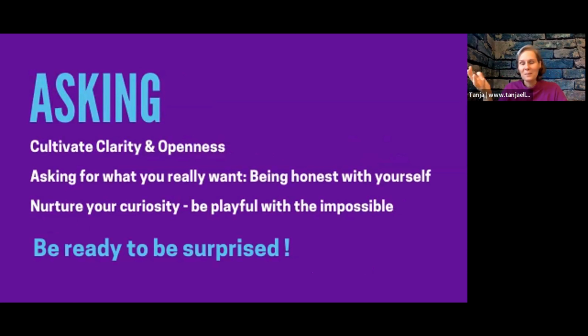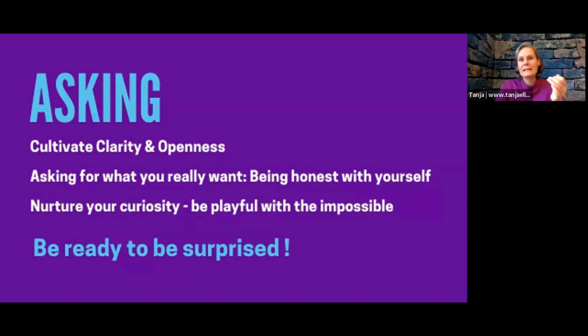And I think most users will today have used ChatGPT lately, so you know that putting in a really good prompt, a question, a task, can give you answers that almost look magical. What I would like you to understand is that we can do the same thing with the quantum field. We give the quantum field questions, tasks, prompts to get the best results for us. And here are some ideas of how you can get the best results, how you can really phrase your questions, or how you can be in the question. This is also a good way of understanding it, being in the question.